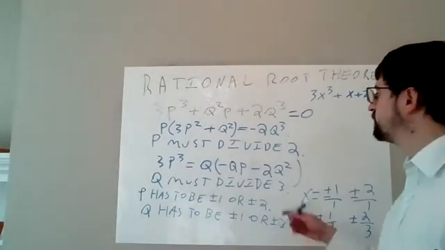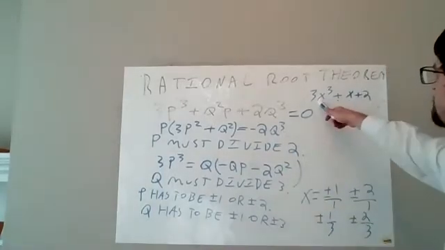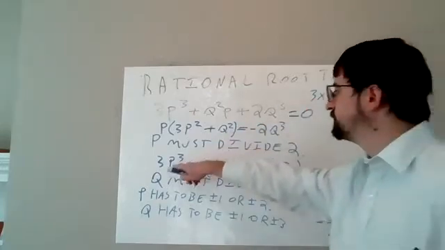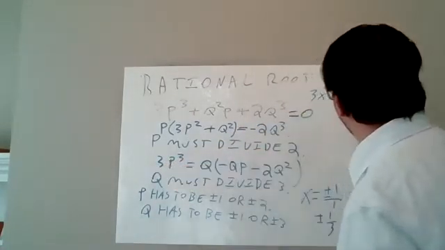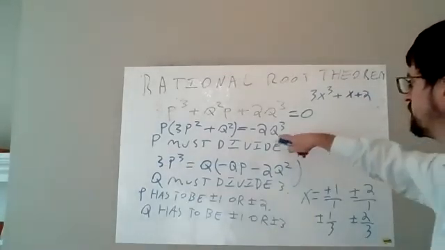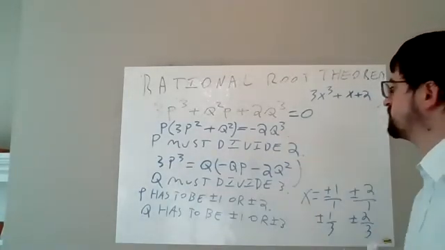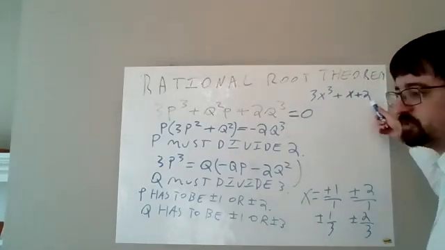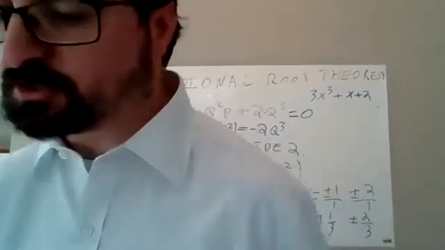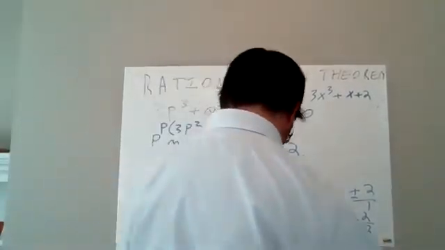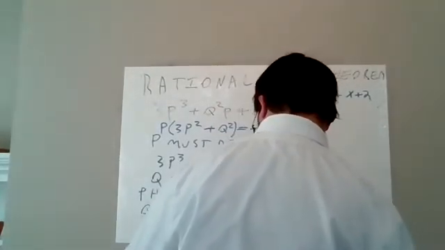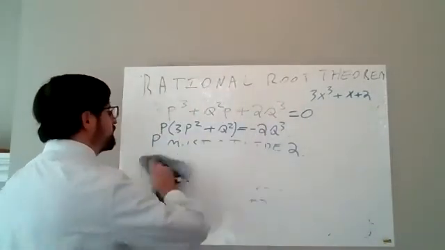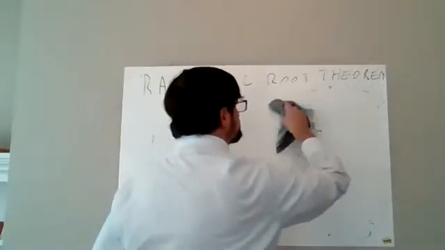So what's the general thing happening here? Well, if we go back to this polynomial, look. We had a 3 here. This became a 3 over here. We had a 2 here. This became a 2 over here. Right, they moved over. So something happened with the lead coefficient and the constant coefficient. And this lets us state the rational root theorem in the general form. And the rational root theorem says,